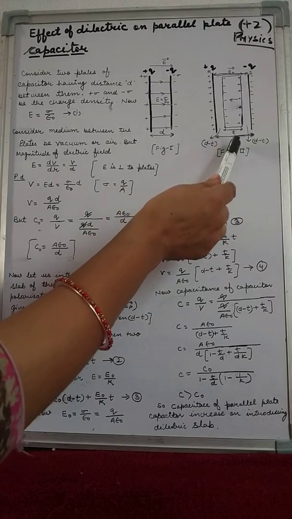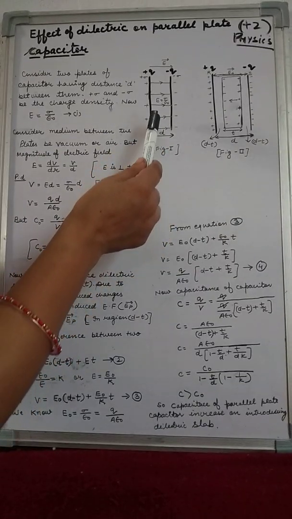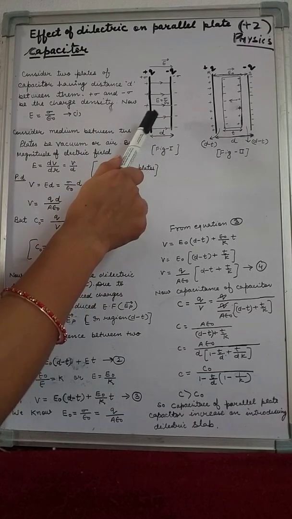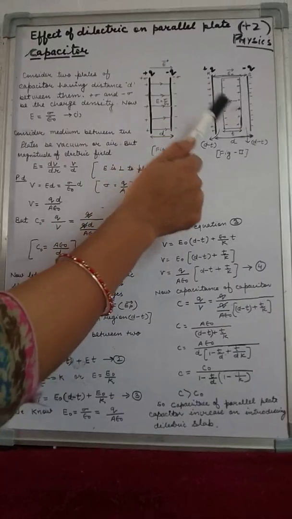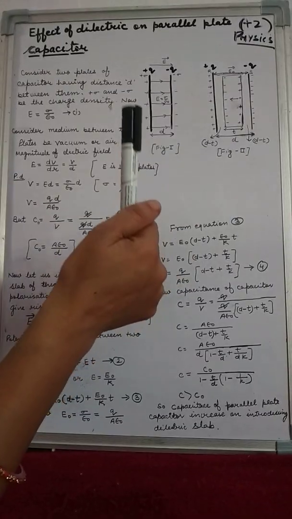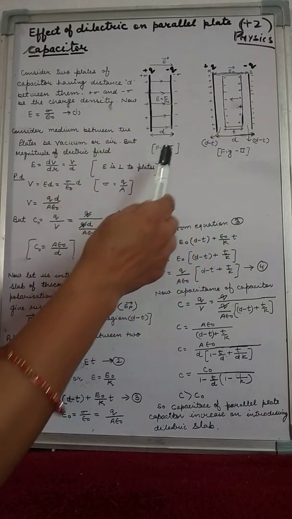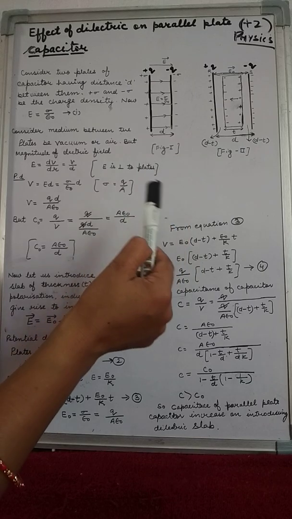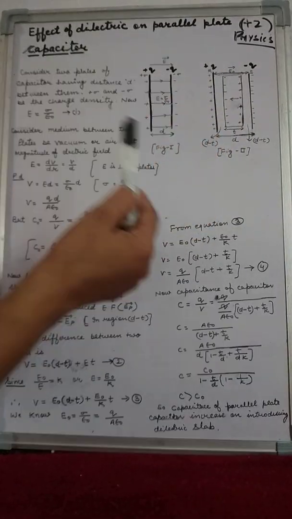That is, what is the value of the capacitance when there is vacuum between the two plates, and again when we introduce this dielectric slab between the plates. In both cases we have to calculate the capacitance,